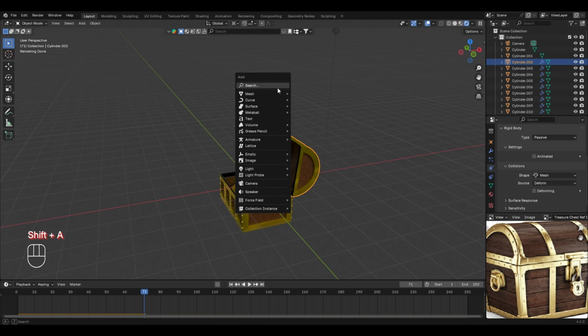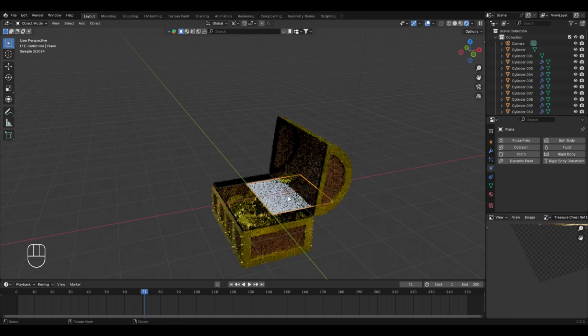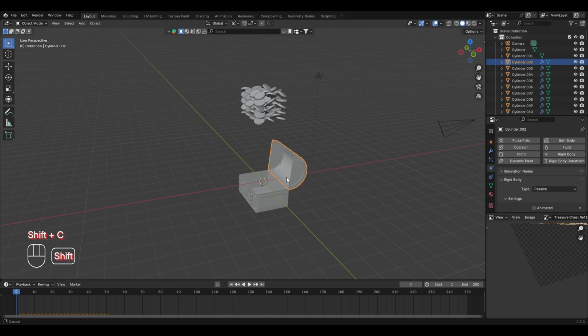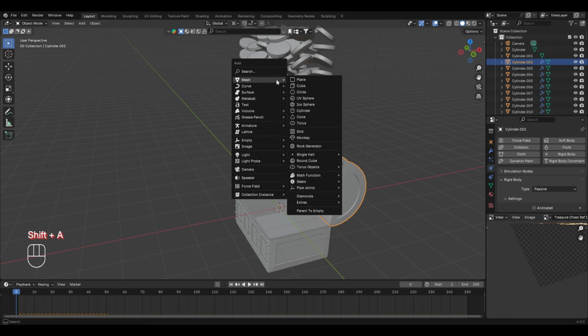So press Shift plus A, then go to mesh and select the plane. But right now we have fixed the 3D cursor position at a different location, so let's undo this by pressing Ctrl plus Z, and now to shift the 3D cursor back to the world origin, we'll use the shortcut which is to press Shift plus C. Now let's again add the plane in our scene, so press Shift plus A, then go to mesh and select